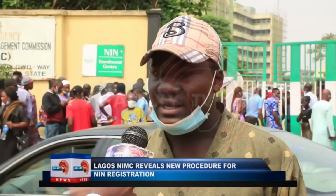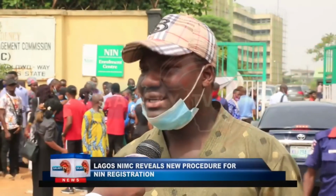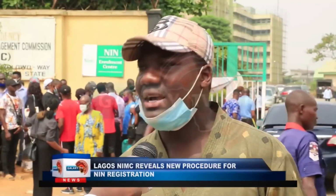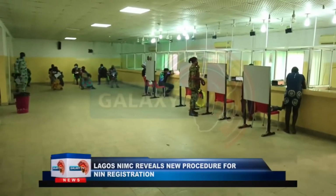Maybe they should get more computers and more centers for people to use, rather than coming all the way from far places. Some people even slept here to do this kind of thing, and some were not able to do it. The actual thing that the government is supposed to do is to allow people to do it, not giving them a deadline, which is like threatening people. Deadline in 2 weeks time, if you do not register, your SIM card will be invalidated. As in how, for what reason? Kelly Egiga,